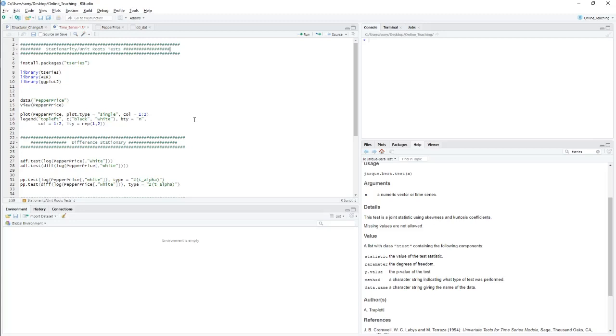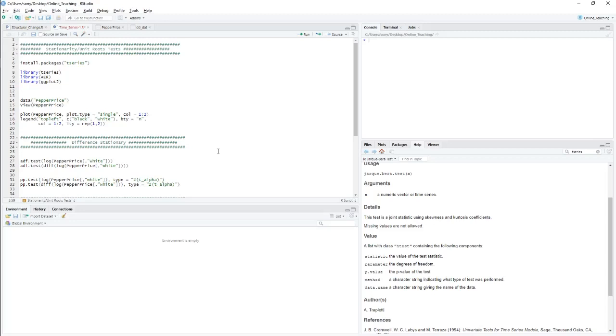In the first group of unit root tests, the null hypothesis is that the data is non-stationary, and in the second group, the null hypothesis is that the data is stationary.